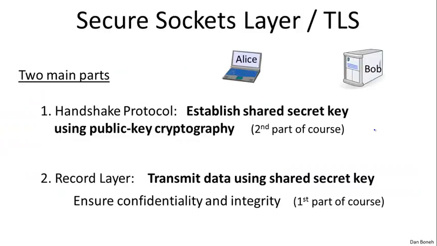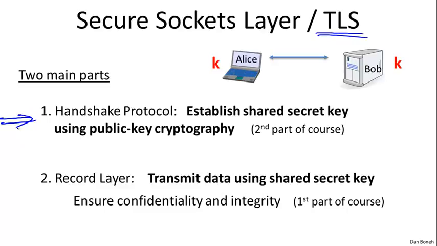Now, as I said, the protocol that's used to secure web traffic, called TLS, actually consists of two parts. The first part is called the handshake protocol, where Alice and Bob talk with one another, and at the end of the handshake, basically a shared secret key appears between the two of them. So both Alice and Bob know this secret key, but an attacker looking at the conversation has no idea what